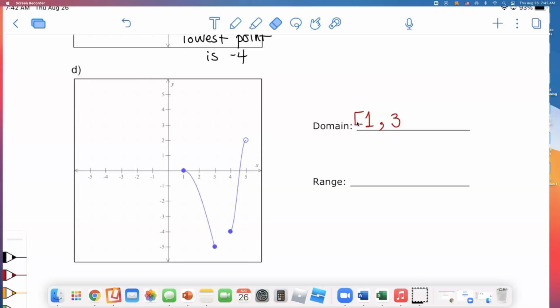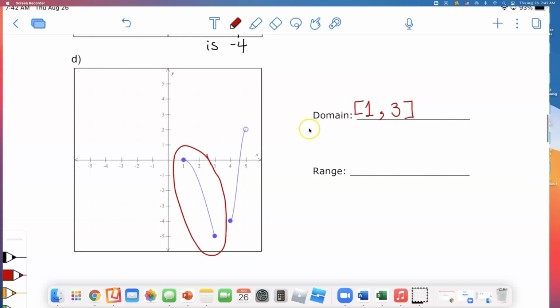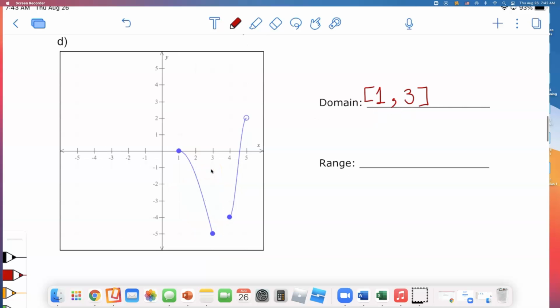Okay, let me just double check the circle type. Oh, this one's also a closed circle. So I'm going to have to just use a bracket after the 3. That's it for this piece. Okay, we wrote the domain for that one. It goes from 1 to 3. All right, next piece, I have